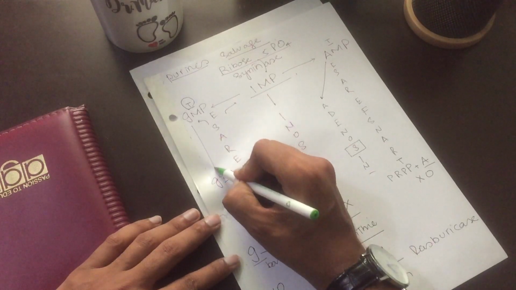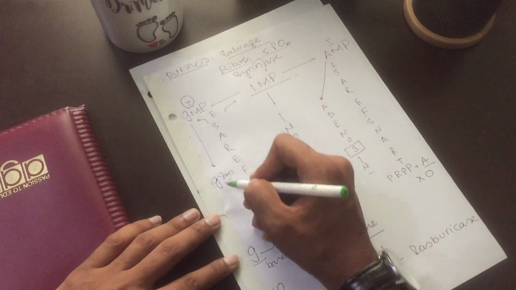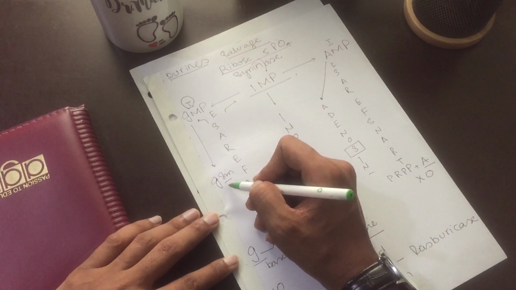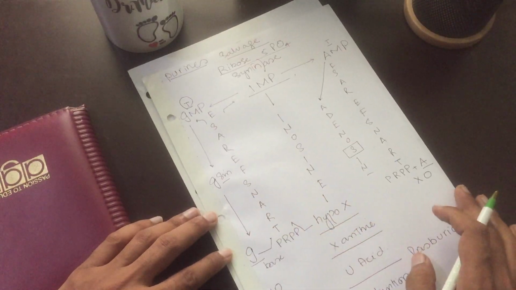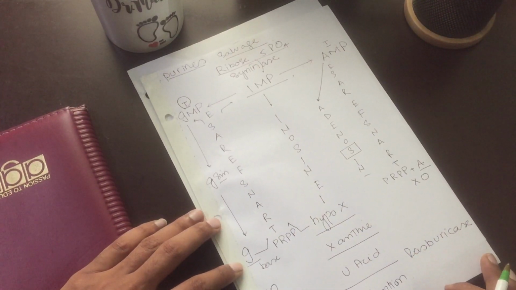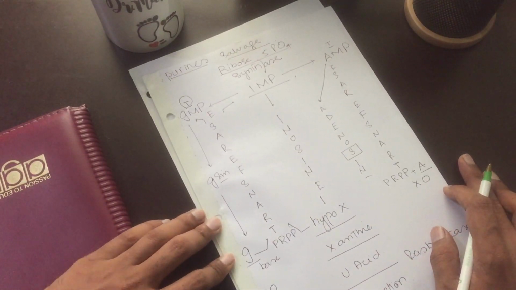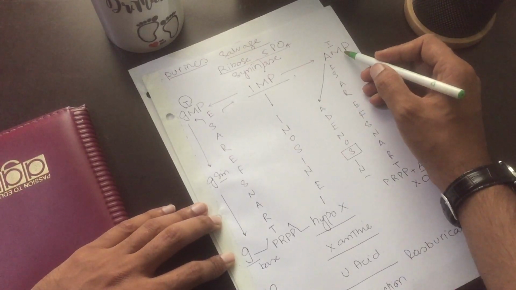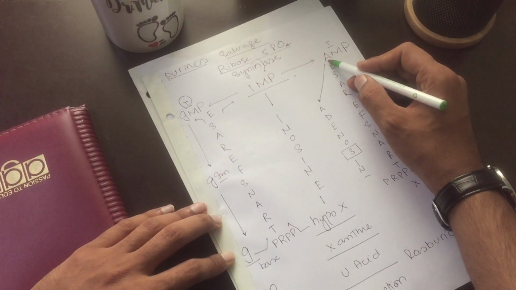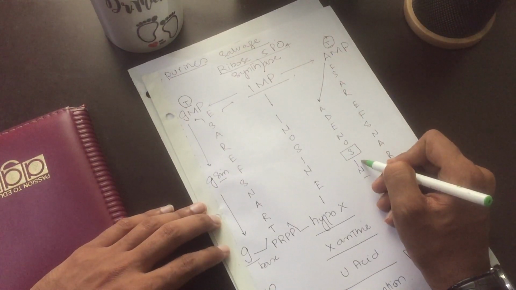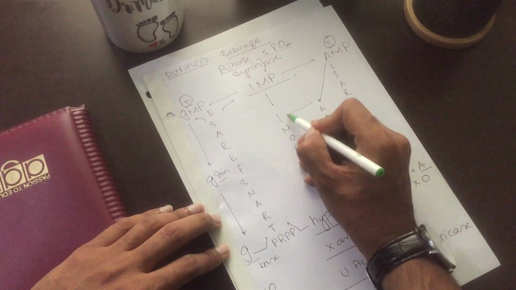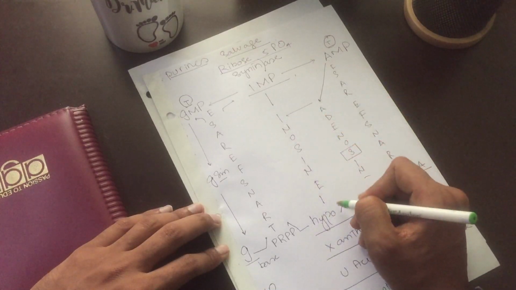So GMP, we remove the phosphate, it is converted into guanosine, which is a nucleoside. We remove the ribose sugar, so it's guanine. Also adenosine monophosphate, which is a nucleotide, is converted into a nucleoside, and then it is converted